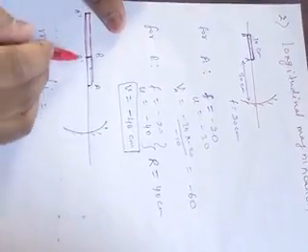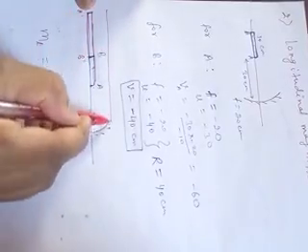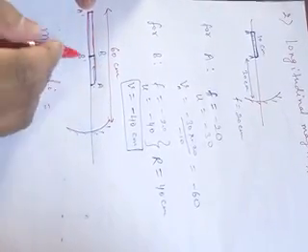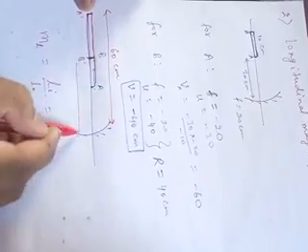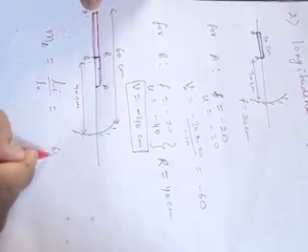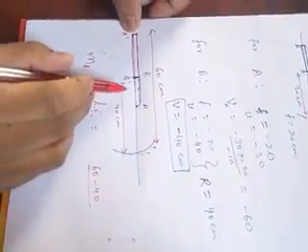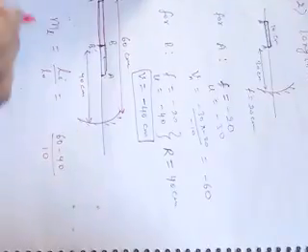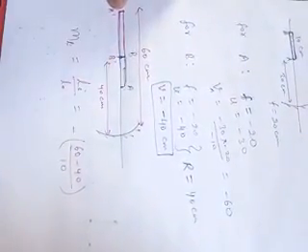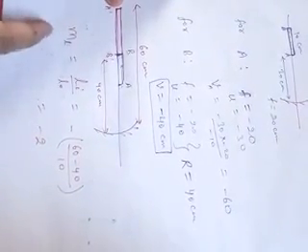What is the length of the image? The length of the image will be this whole distance, 60 centimeter, because every distance is measured from the pole, and this point is 40 centimeter. So 60 minus 40 is the length of the image, and the length of the object we already know is 10, and we should put a minus sign because the orientation is changed. So what we get is -2 as the longitudinal magnification.